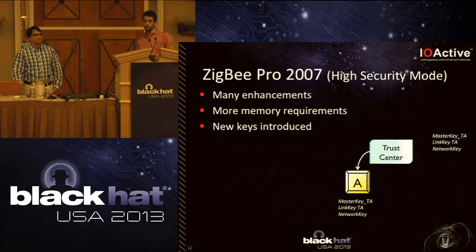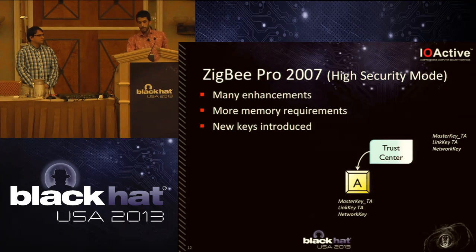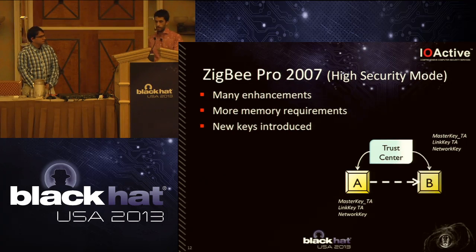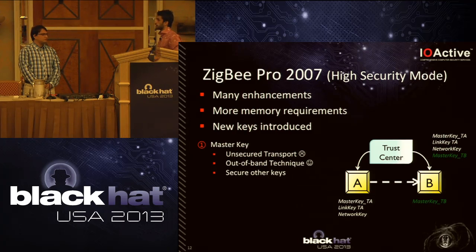So there's a high security mode in Zigbee that increments the amount of keys required. Each one of these keys will have a different purpose, because, for example, one key is for unicast communication, one key is for multicast communication, and so on. For example, when a new node B is added into the network, the trust center must set a master key, which will secure the other keys that will be used for other